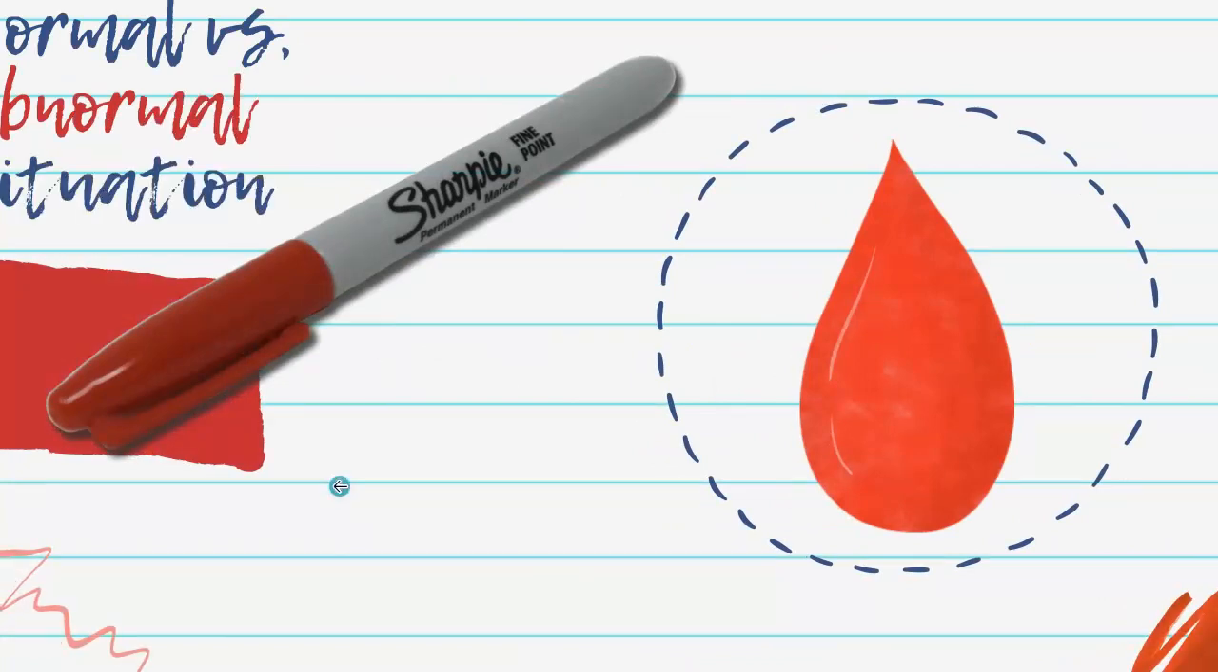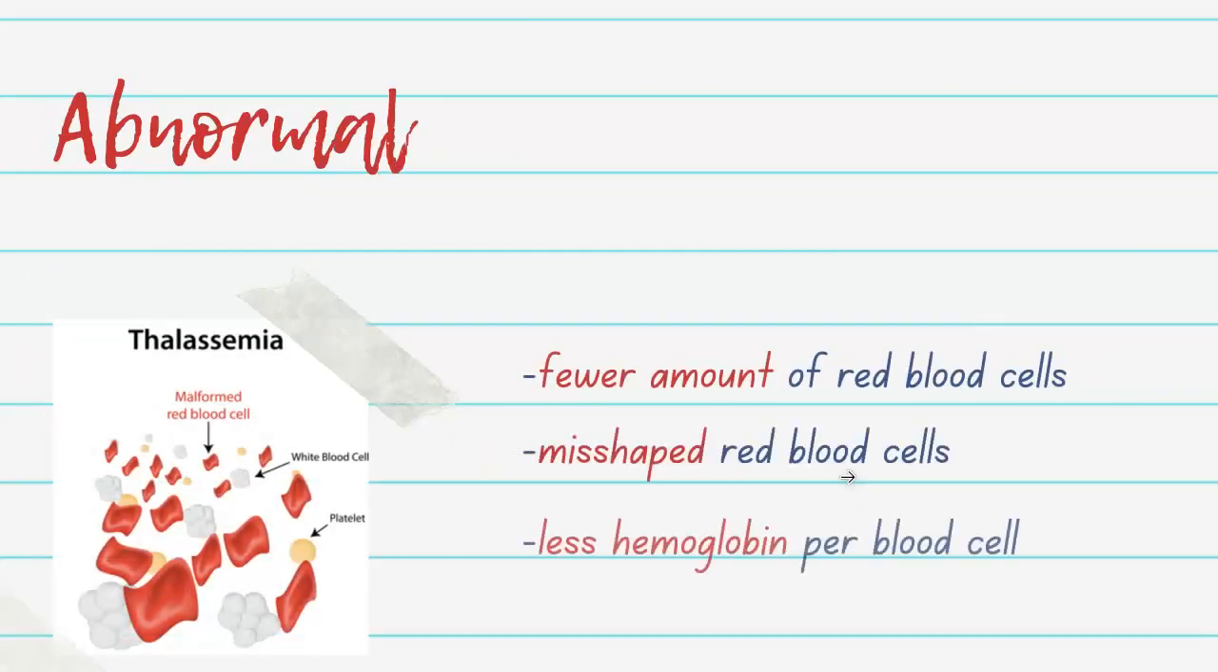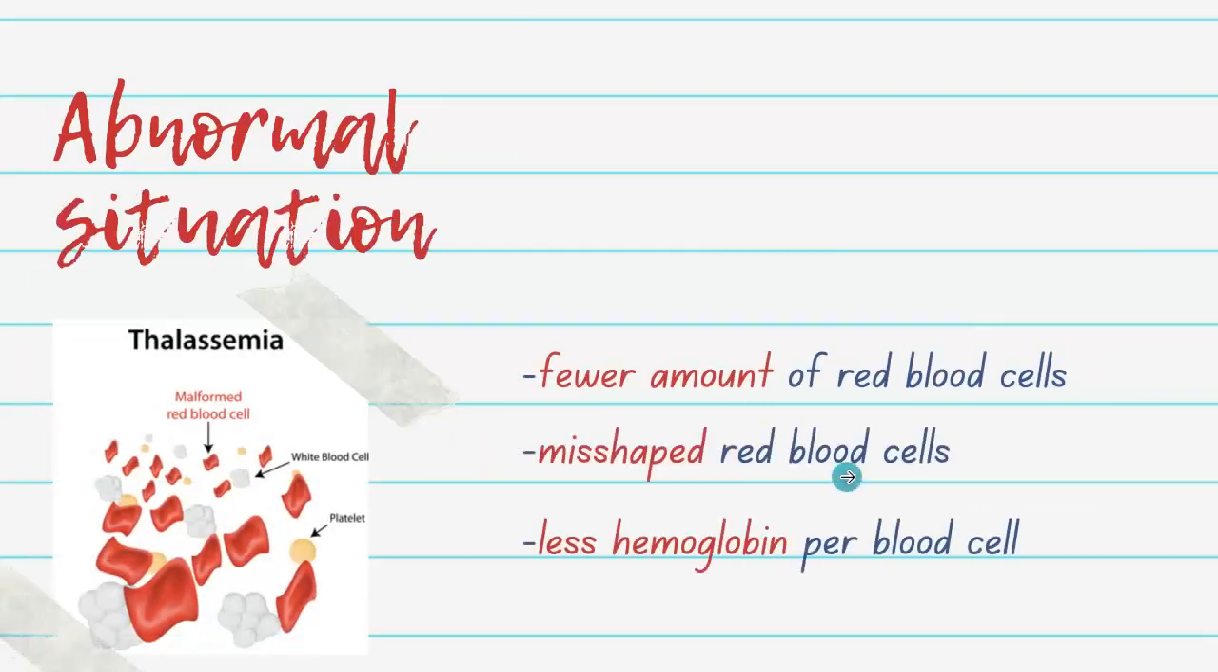So what do these abnormal versus normal situations look like? Well, in your normal situation, you would have these kinds of red blood cells, as in this figure. There's a normal amount of red blood cells, and they have the expected shape, this sort of flat donut spherical shape. And they have a healthy level of hemoglobin, which as you'll see in the thalassemic red blood cells,